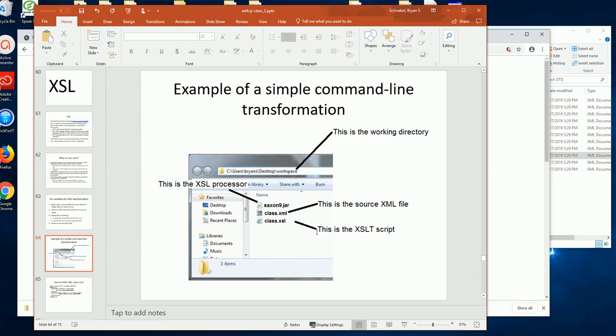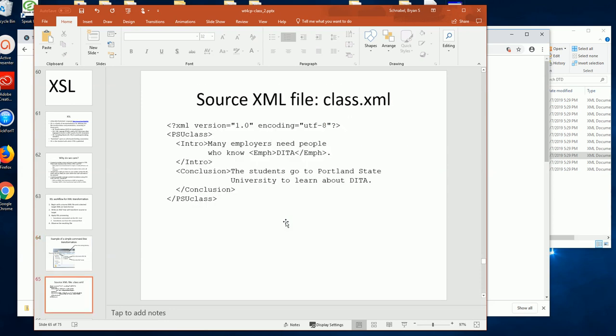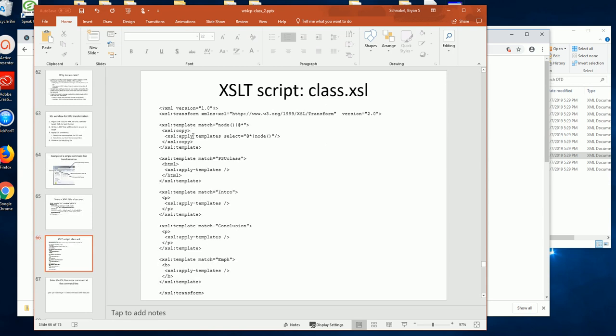So this is an example of a command line transformation. We have a working directory. In this we have an XSL processor. In our case we'll be using Saxon 9. We have a source XML file, and then we have an XSL script that is going to transform our XML into our desired target. So if we have a source file called class.xml, and we have an XSL script that does things to each of those elements,